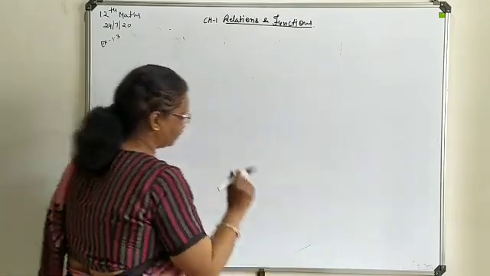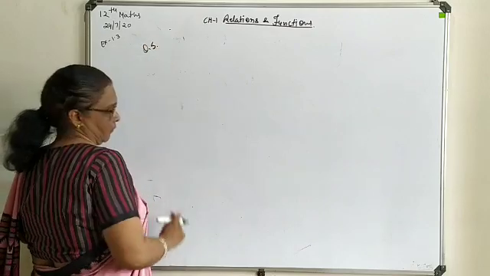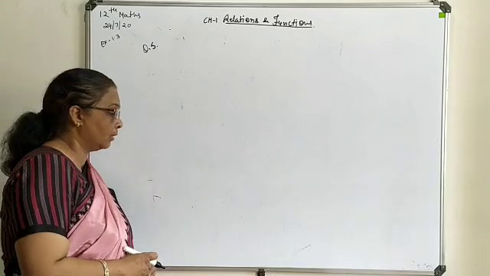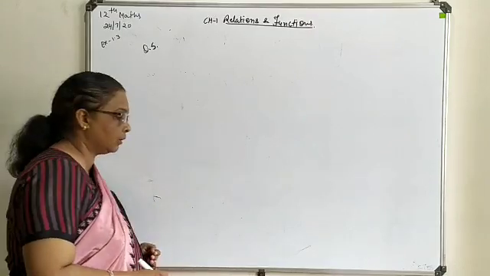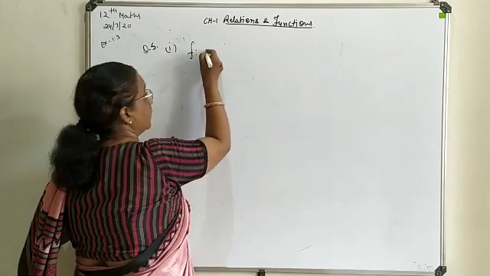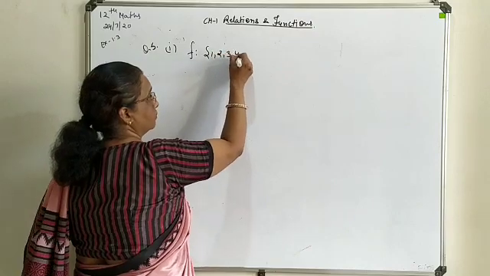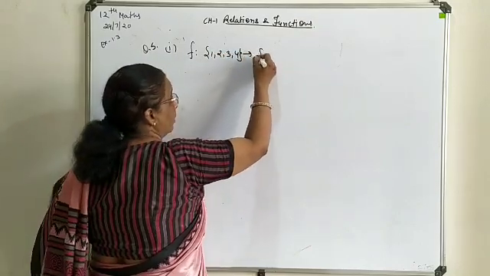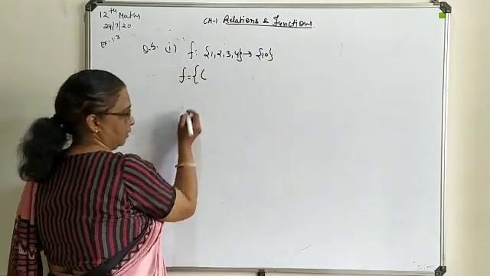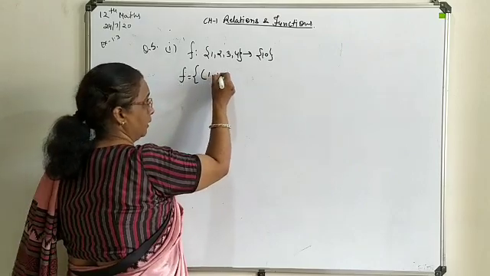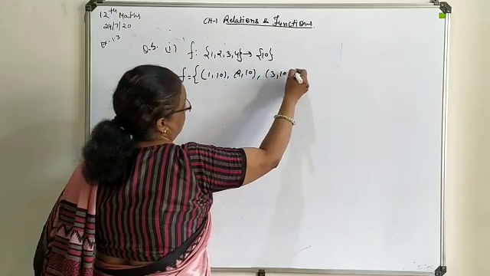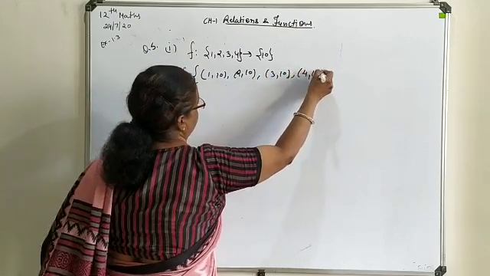In the fifth question, you have to check whether the inverse of the given function is possible or not. Here your first question is defined as a function from the set {1, 2, 3, 4} to a single element, that is 10. The ordered pairs of the function are written as (1,10), (2,10), (3,10) and (4,10).